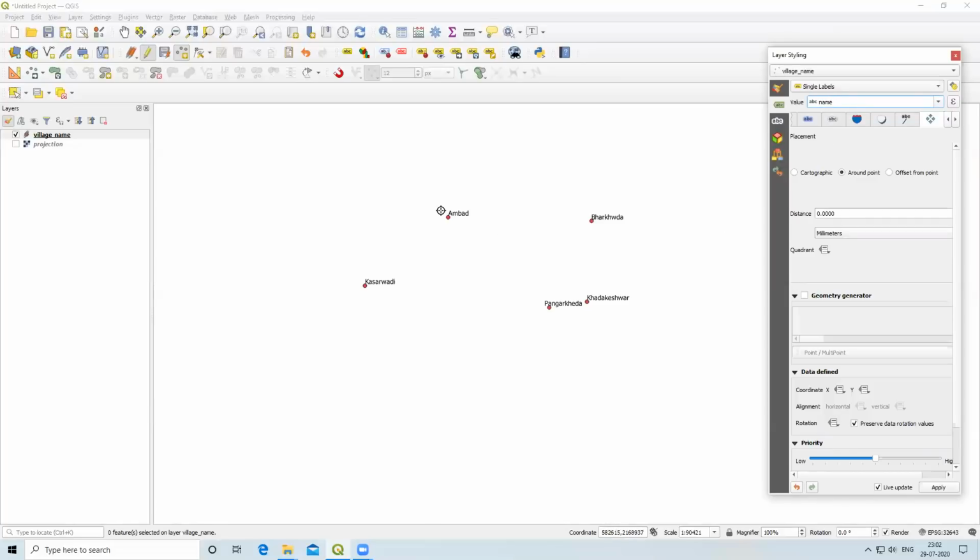I want some displacement or detachment between this point and the name. To detach this, the around point displacement option is there, and we have selected around point. So in distance I will select 1, so it will be detached. Then apply.